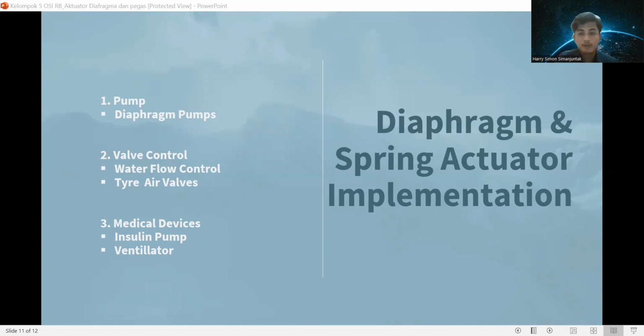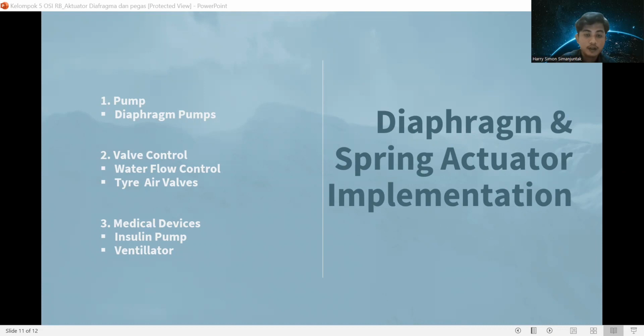Diaphragm actuator and spring are the main components in diaphragm pumps, which are used to pump various fluids. The diaphragm moves back and forth, creating a vacuum that draws fluid into the pump. The spring helps return the diaphragm to its position and force fluid out of the pump.